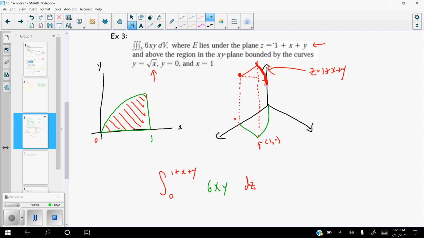The next one could be whatever we want it to be. We can do this as a type 1 or as a type 2, but it's basically the two-dimensional domain, because we have to figure out how x and y are varying. It seems to me that a type 1 would be the easiest here, although you could do it as type 2. A type 1 means that y is going to vary